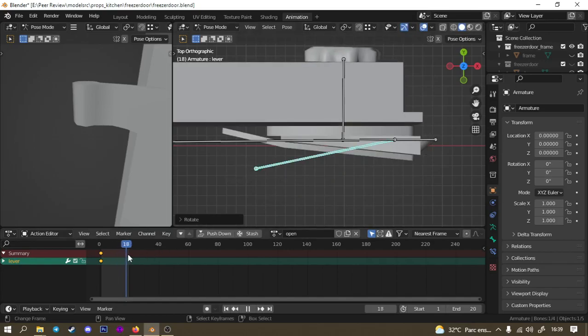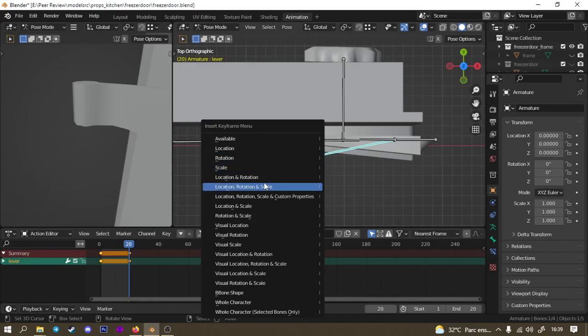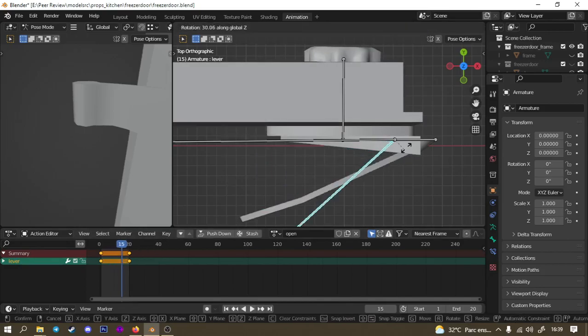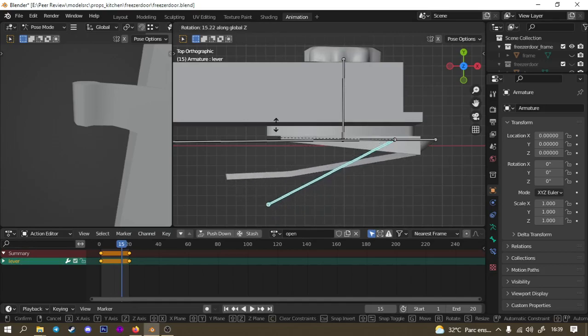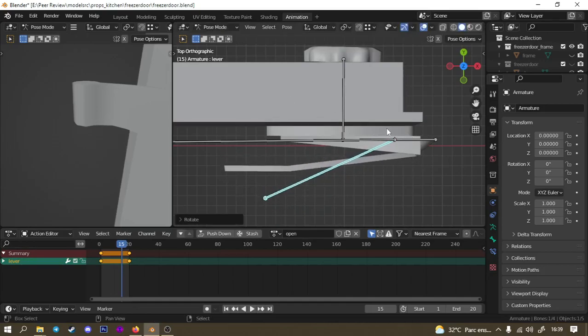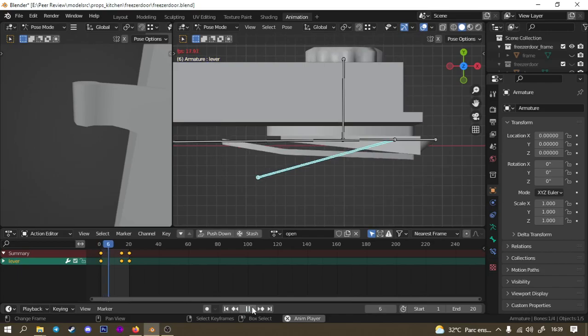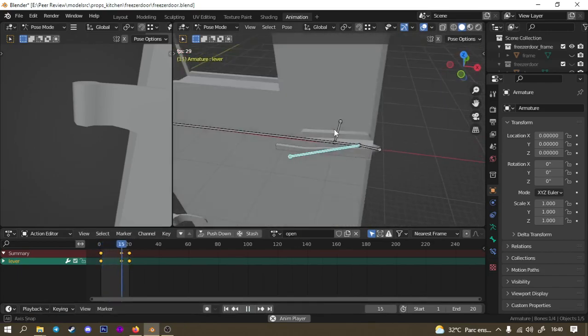Wait, no, that's easier if we just insert our final keyframe, because then we can just make the middle one like 15. Just move like this, insert. Okay, here. So when we make this, here it opens like this,